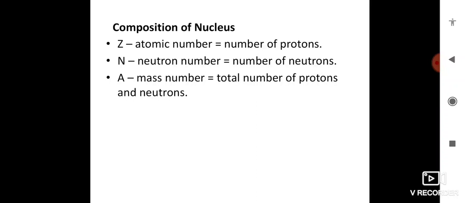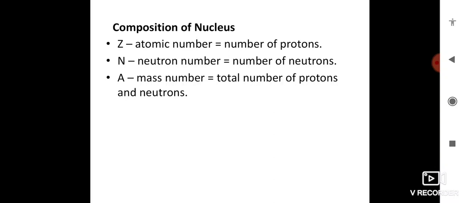Here a species of nucleus, commonly known as a nuclide, is represented by a symbol, here A X Z, where X is the chemical symbol of the element or atom. For example, chlorine 35, Cl 17. This indicates that the atomic number of the chlorine atom is Z equals 17, the mass number is 35,